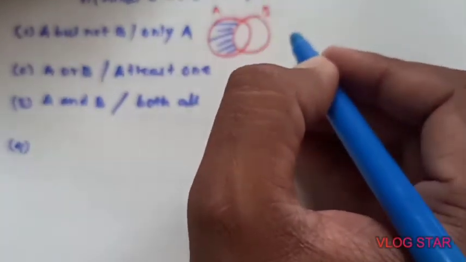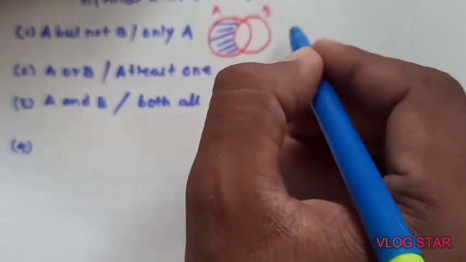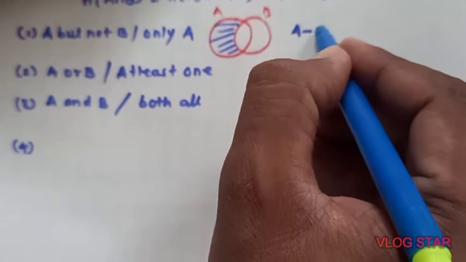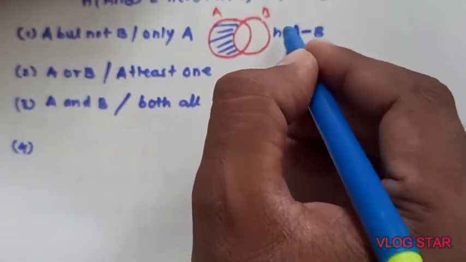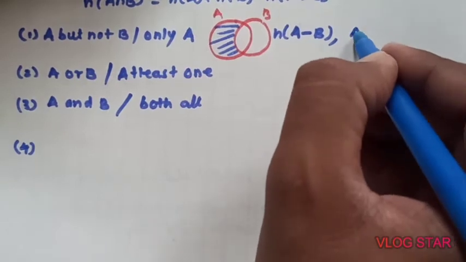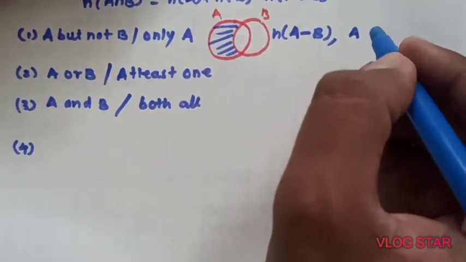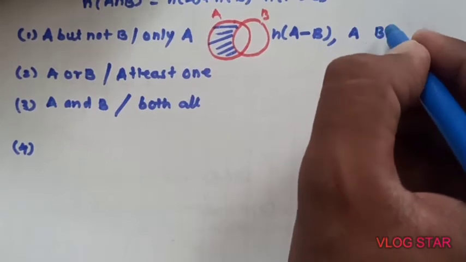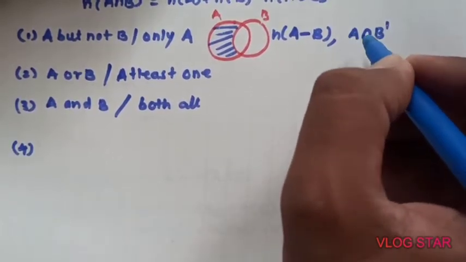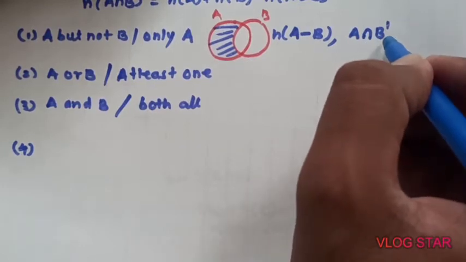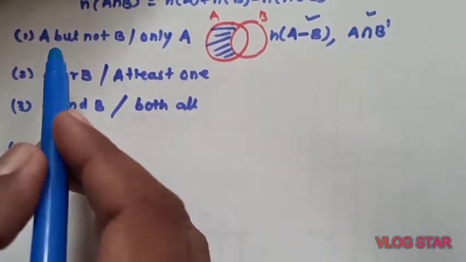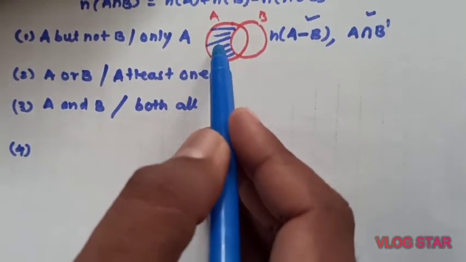Only A का meaning क्या? A but not B. Means I can write A but not B. Not B means difference. So either you have to find this, or A, we want A but we don't want B, so B complement. So A but means and, so A and B complement. So calculating this means calculating the number of elements in only A.